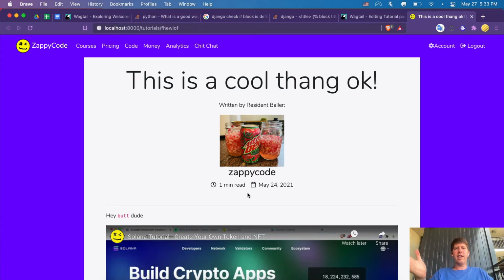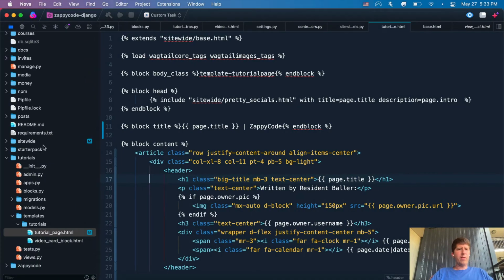So something cool I just added to my site, and I found it hard to find the answer, maybe the same for you, is getting a title to show up for various Django posts when you want it, but then also just having a default when you don't want it. So the basic setup that I have, which I feel like a lot of other Django projects have, is I